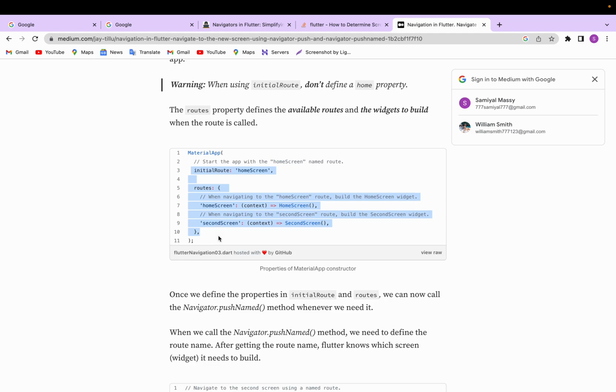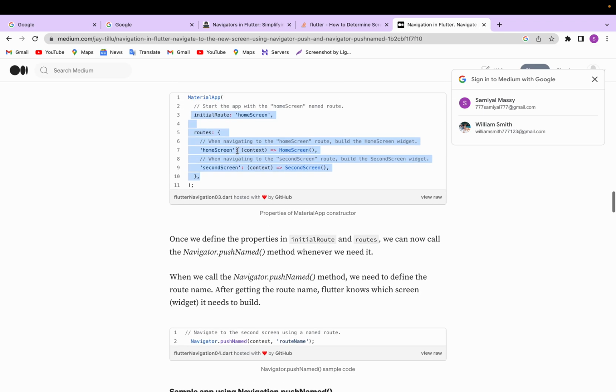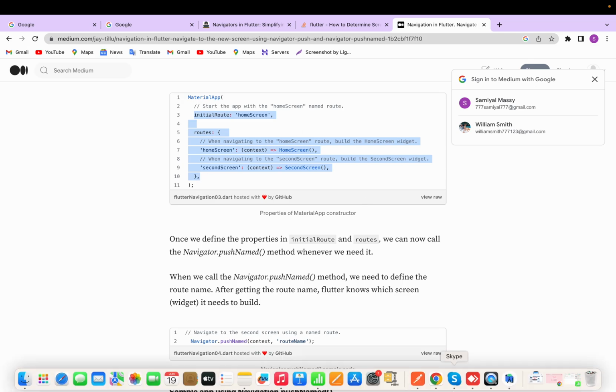We have to define our routes in this file, like so. Just copy from initial route to the end brace till the comma, and come back